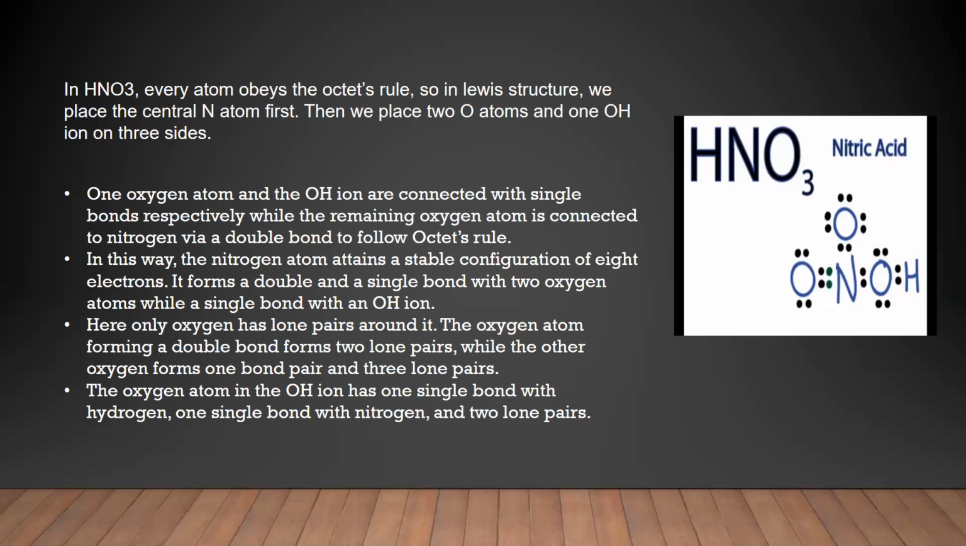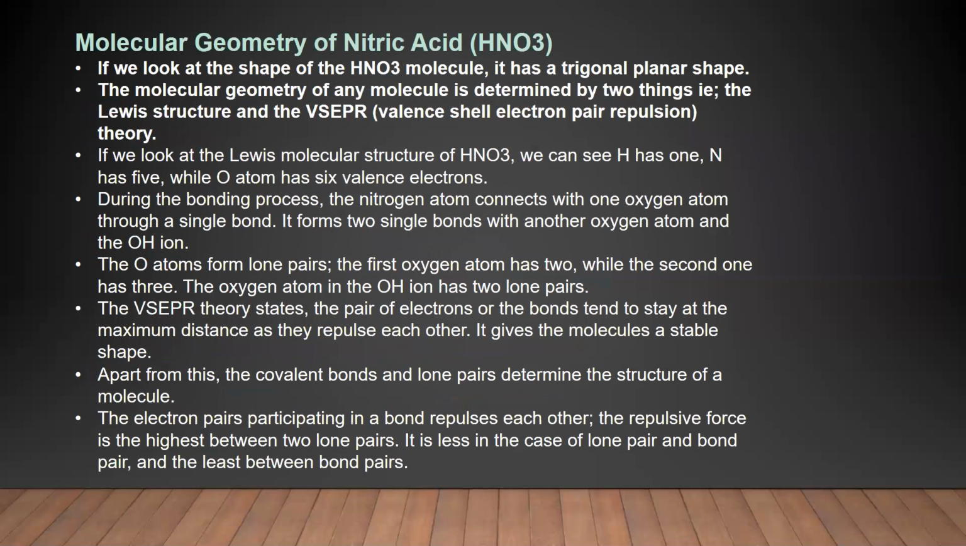So the oxygen atom in the OH chain has one single bond with hydrogen, one single bond with nitrogen, and two lone pairs. Proceeding to the next topic, the molecular geometry of nitric acid. If we look at the shape, one thing that I can tell you is that the molecular geometry of nitric